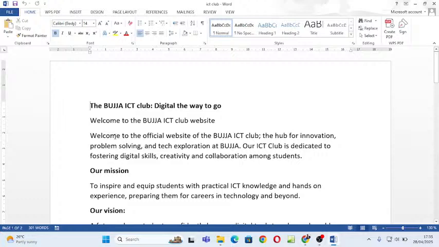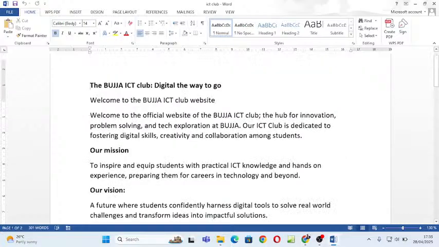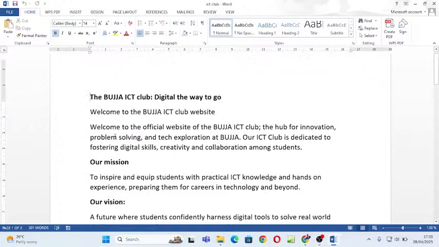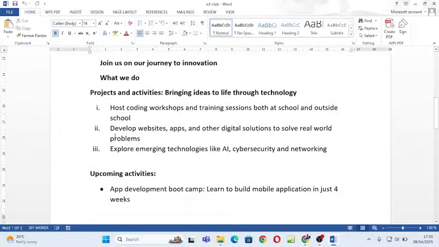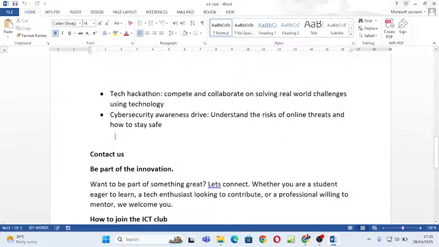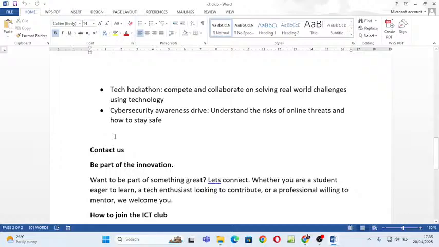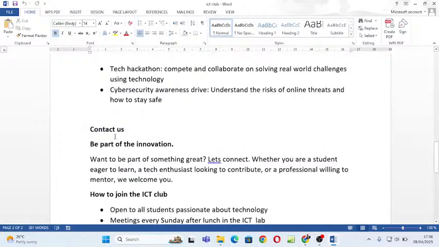As you can read, some information about it: the mission, the vision, the leaders, the projects, what we do, upcoming activities, then the contact us, how to join the club, stay informed, get in touch. Basically this is the information that we are going to use, but what we need in the first place,